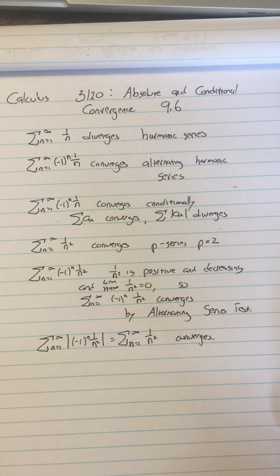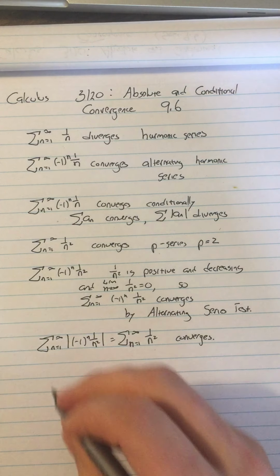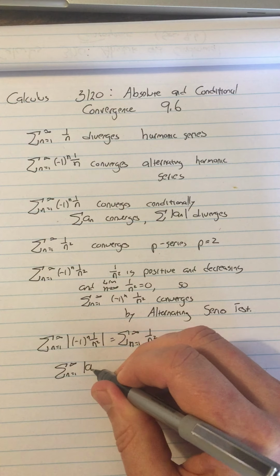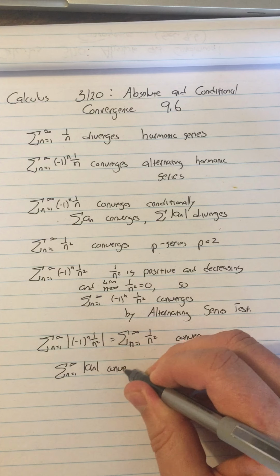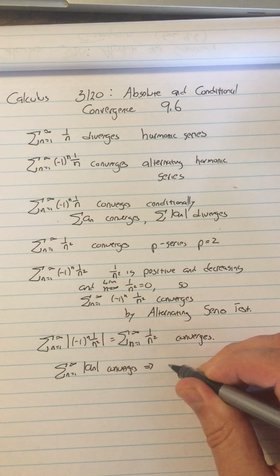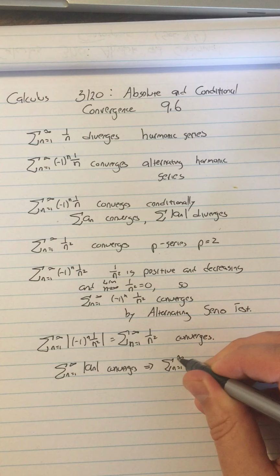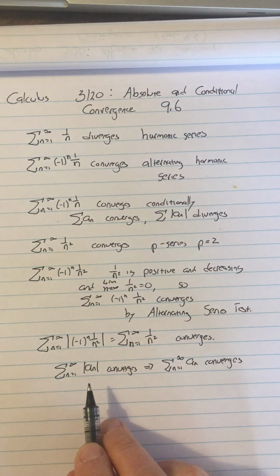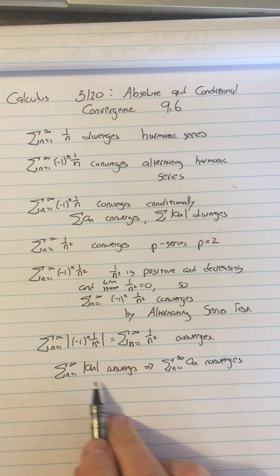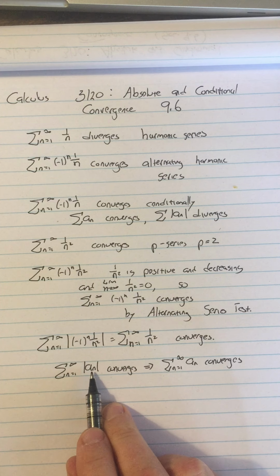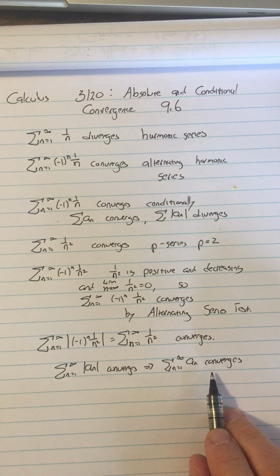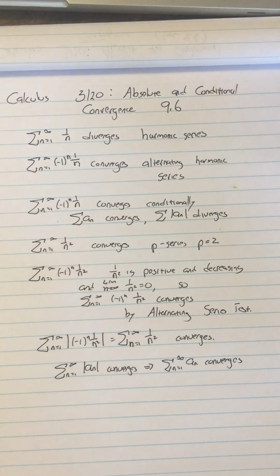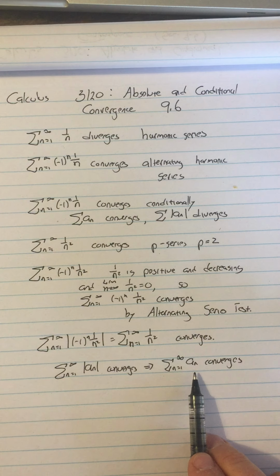And there's a theorem in your book that says that if the sum from n equals 1 to infinity of the absolute value of a sub n converges, then the sum from n equals 1 to infinity of a sub n converges. One way to think of this is that absolute convergence is sort of a stronger condition than just convergence. If I have the absolute values converging, then I have to have the smaller terms,